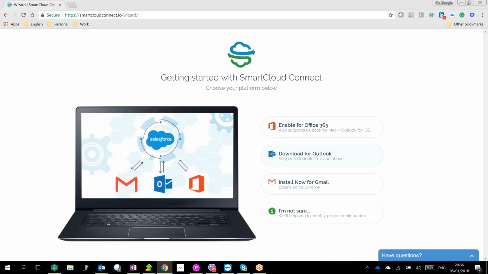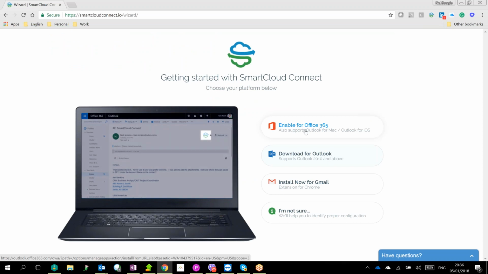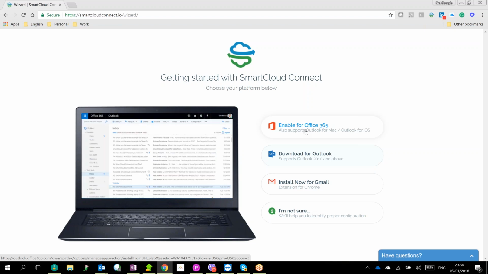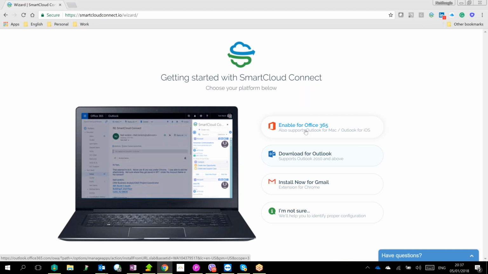If you are using Office 365 or Exchange, I recommend the first option, Enable for Office 365. With this option, you would be running SmartCloud in the cloud, so you can access SmartCloud from any device you use to access your work mail. You can access it from your laptop, from your mobile device, from your iPad, it doesn't matter,